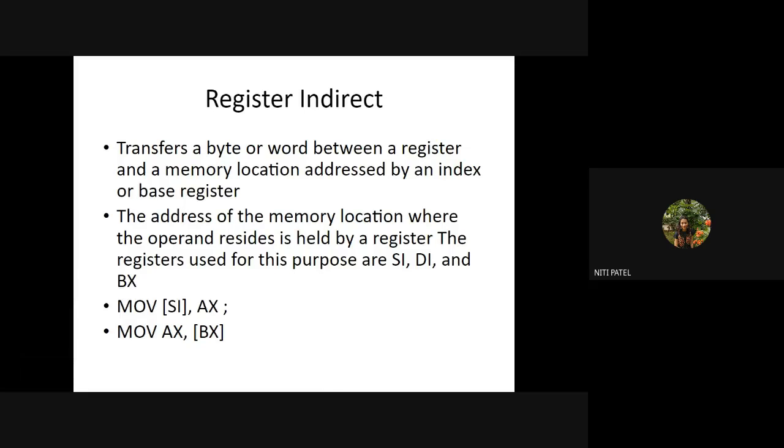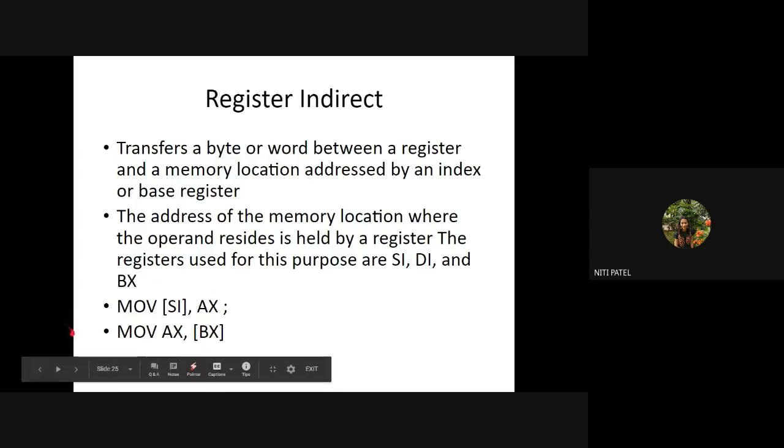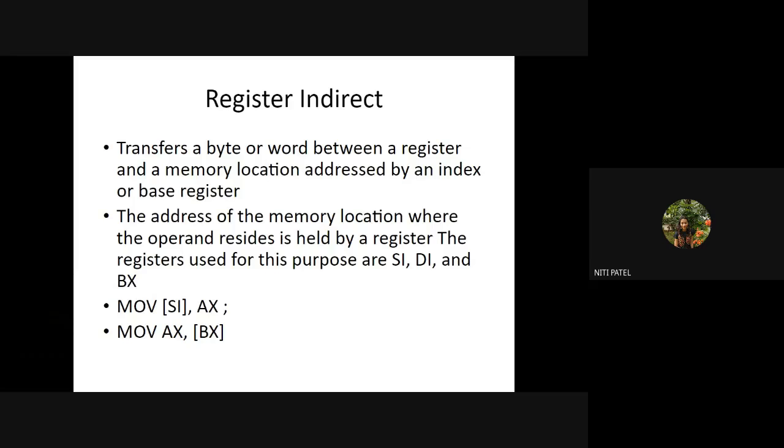Decode means what? Will the system understand what MOV is? No. The system understands only 0 and 1. So what will the system do? The system will convert this MOV into some number, SI into some number, AX into some number. Okay. What are those numbers called? They are called mnemonics. I am writing it in the chat box. They are called mnemonics. You will understand this in much more detail when you do microprocessors in the 4th semester.